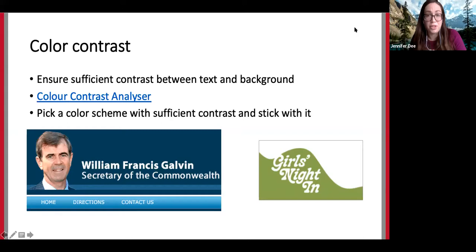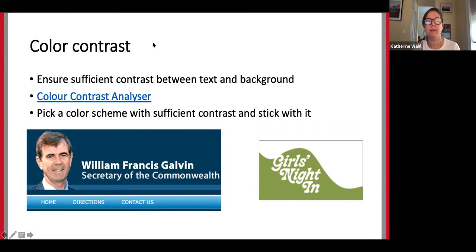And we want to make sure that there's sufficient color contrast. Jen, I would also add that the WCAG 2.1 standard says that logos should meet the contrast minimums. That used to not be included in the older standard, but they updated it to say that logos should be included. Great.